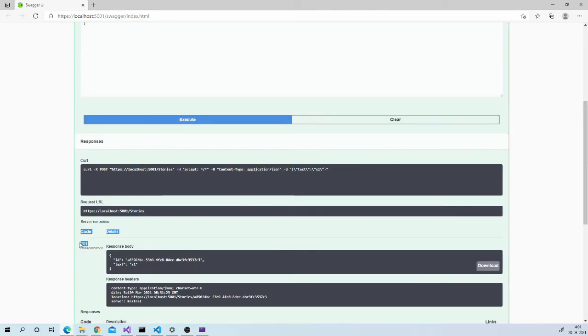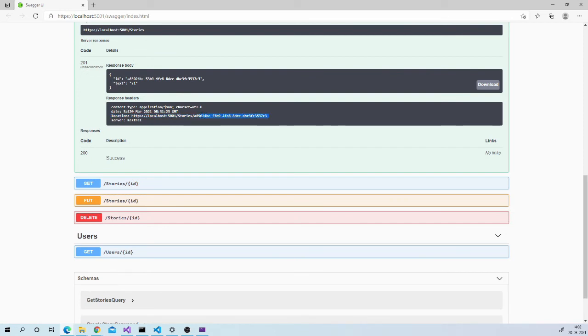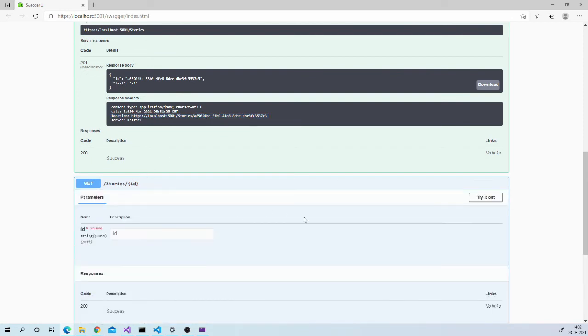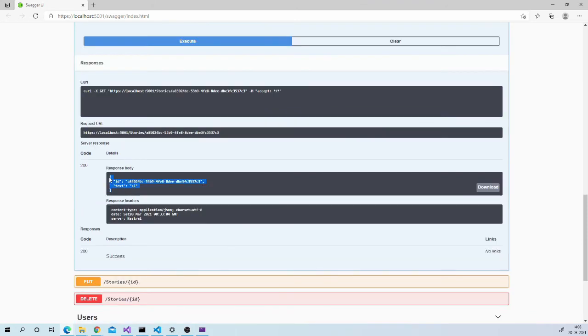You can see that it is returning us status code 201 and the object, and it is also returning us the link, the location where I can find this particular resource. So it is nothing but link of your get method. Now let us try this, if you can get it. And you got that object in the response with 200 status code.